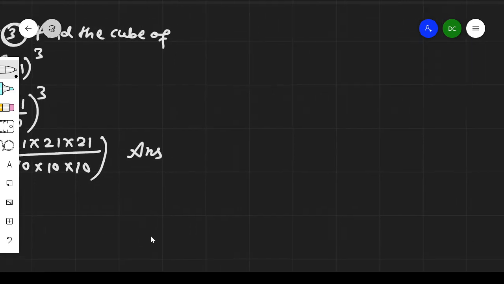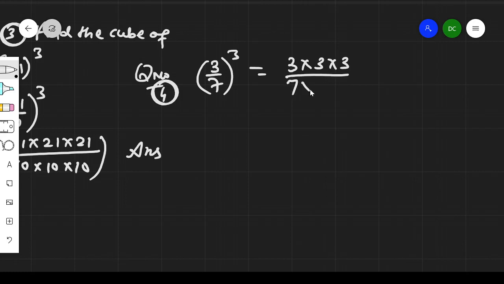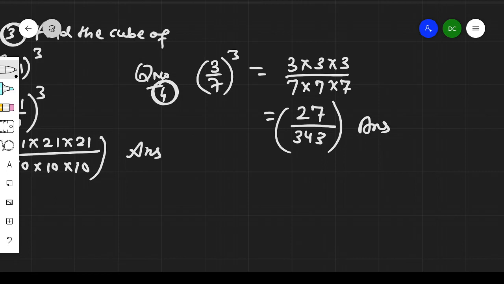Question number 4, again we have to find the cube of the fractions. 3 upon 7 we have. If we have to find the cube, what is the meaning of this? Again, cube means 3 multiplied by 3 multiplied by 3, then 7 multiplied by 7 multiplied by 7. So, cube of 3 is 27 and cube of 7 is 343. This way you will get the cubes of the given numbers. Okay. One more question, question number 5 is there, negative numbers, does not matter. If any negative number is there and we have to find the cube, answer will be in negative, remember that.